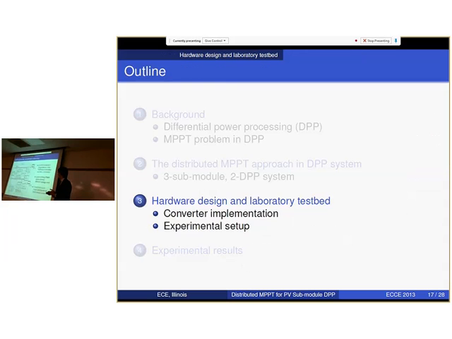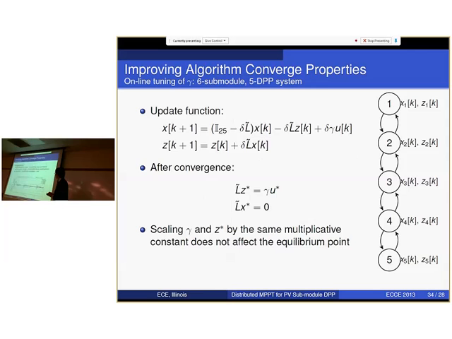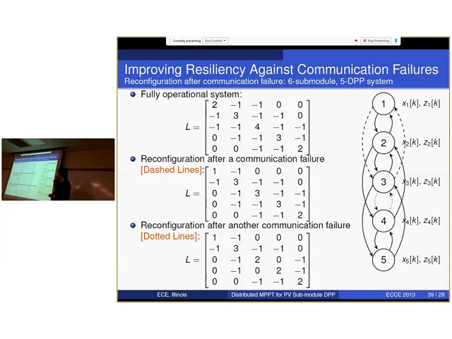Okay, I have a backup slide to answer that question. So here is what's happening. In the update function, there's a matrix called the Laplacian matrix, which describes the graph of the system, which is here. Once a communication failure happens, you can locally detect it, and